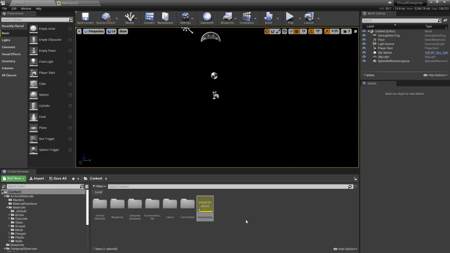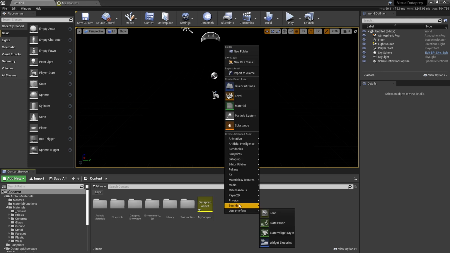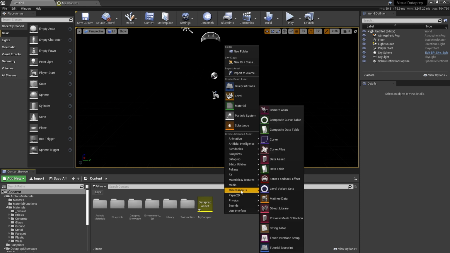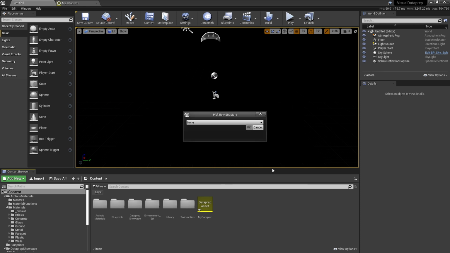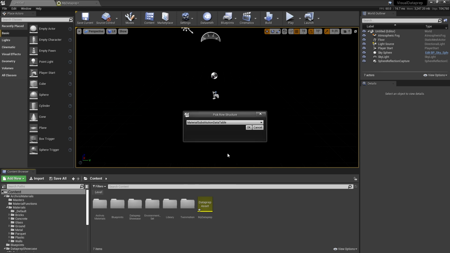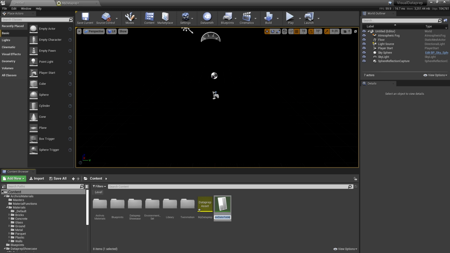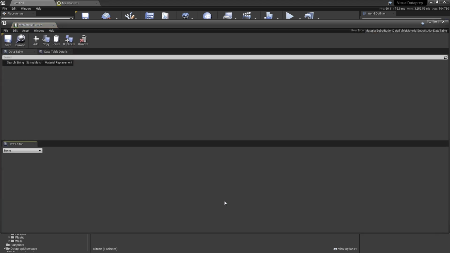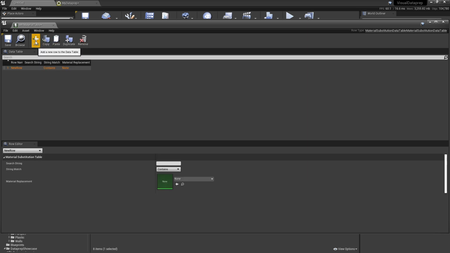It's really easy to build one of these data tables from your content browser. You just right click and you go to miscellaneous, and right here is data table. And then select the row structure of material substitution data table. And we will call this my material table, I suppose. When we open it up, this is the editor, and we can just add a row.